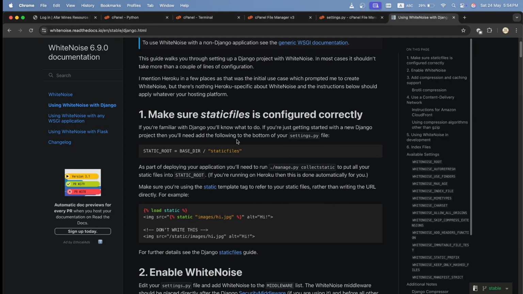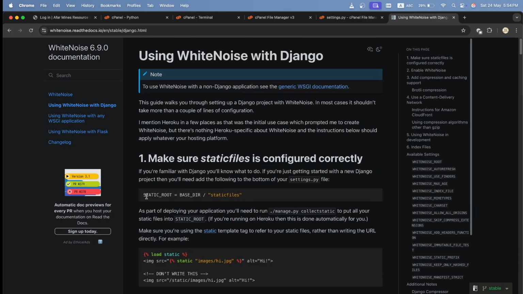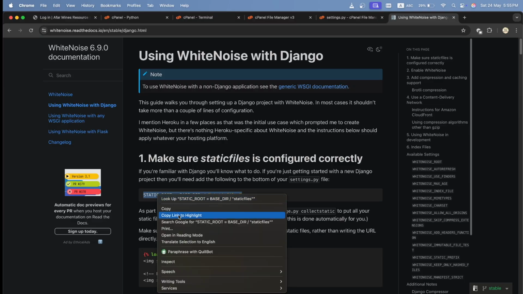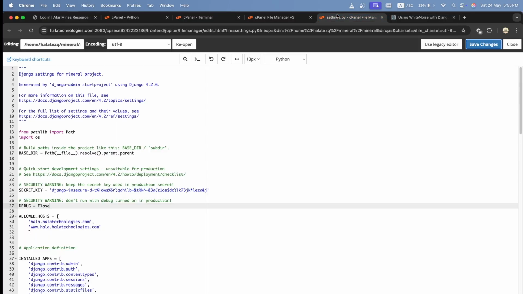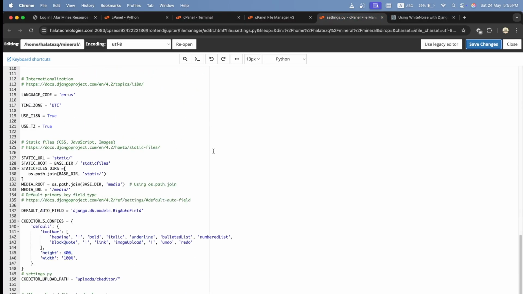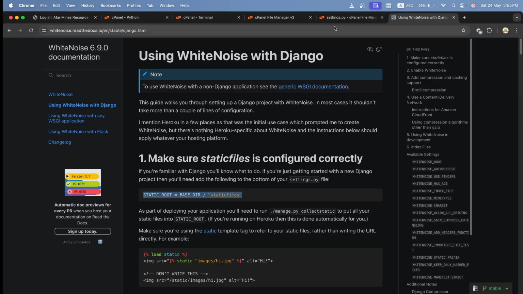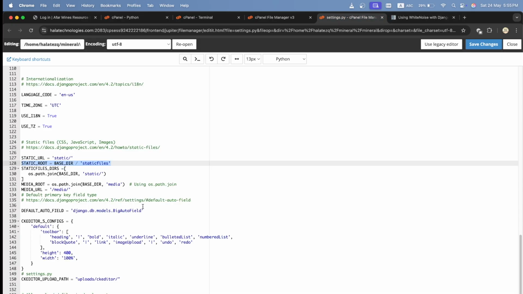So first I will add STATIC_ROOT with the base directory inside the settings file. I will copy this and go to settings.py. Okay, already it has been added, as you see, but you should add STATIC_ROOT, this one, in your settings file.